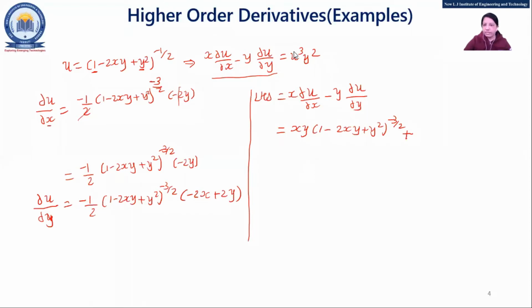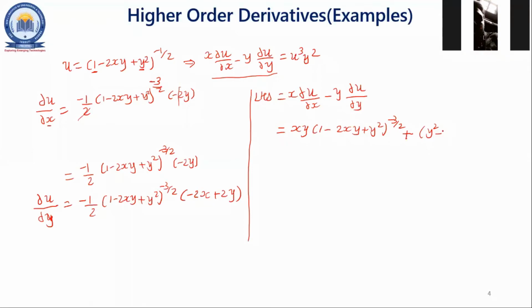Yeah, Devendra, you can unmute yourself. Yes, ma'am. What should be the plus? Yes. Others can verify. y square minus 2y, okay, y square minus xy, just a minute. y square minus xy. Okay.